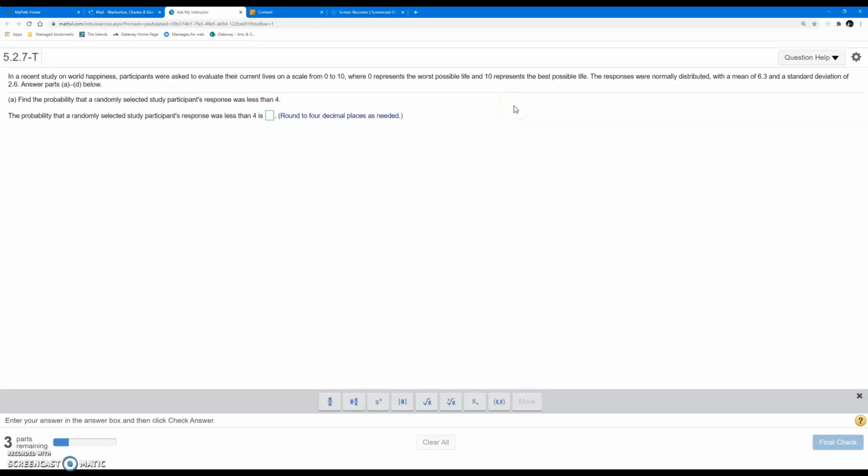All right, and since they said it's normal, our probability will be on the y-axis. Our outcomes will be on the x-axis. They range from 0 to 10. And it has a normal distribution, so it has this bell curve to it. Okay, sorry, I didn't draw that very well, but I think I can recover. The highest probability on the bell curve is going to be right at the mean. What do they say the mean is? The mean is